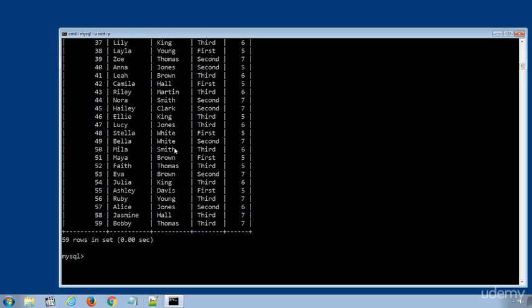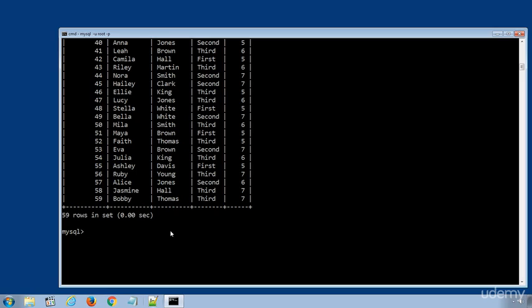Now let's insert only selected columns. First, delete the data rows from the students2 table using SQL statement. Delete from students2. Now execute another new SQL statement like insert into students2